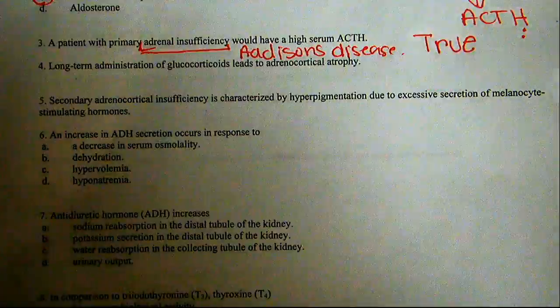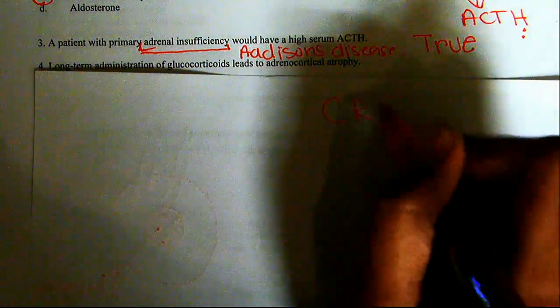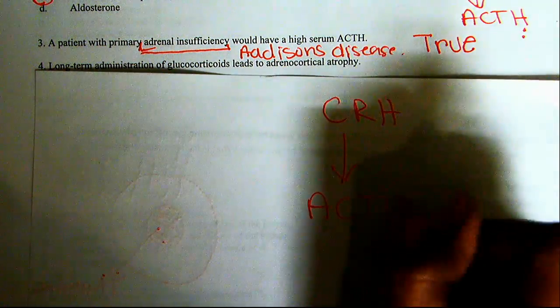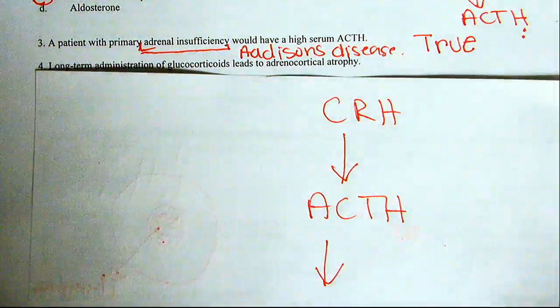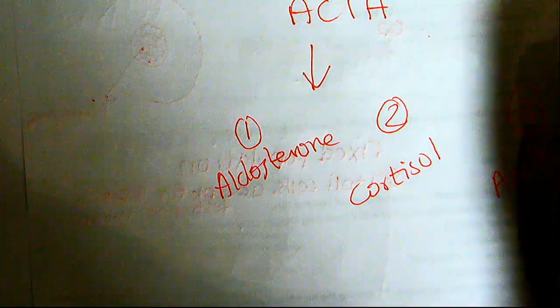So negative feedback is going to involve CRH from the hypothalamus, ACTH from the anterior pituitary, and then we have our three hormones, right? Aldosterone, cortisol,